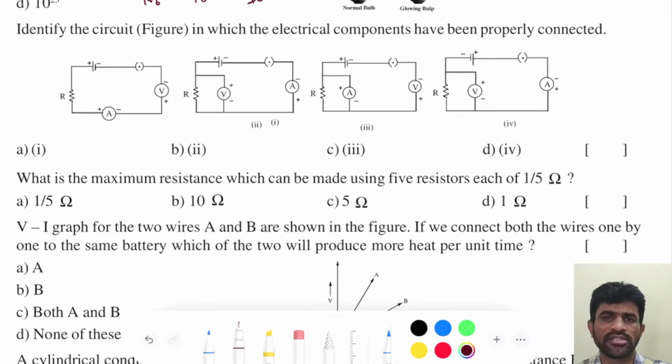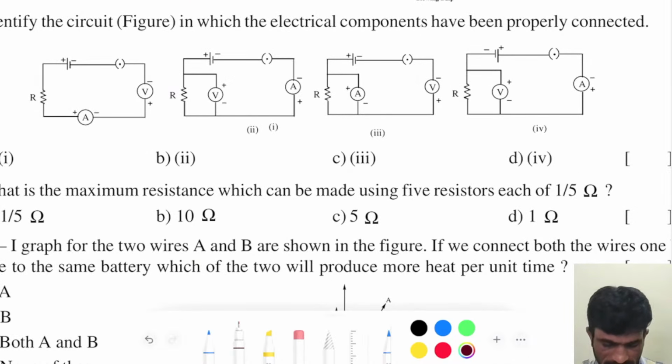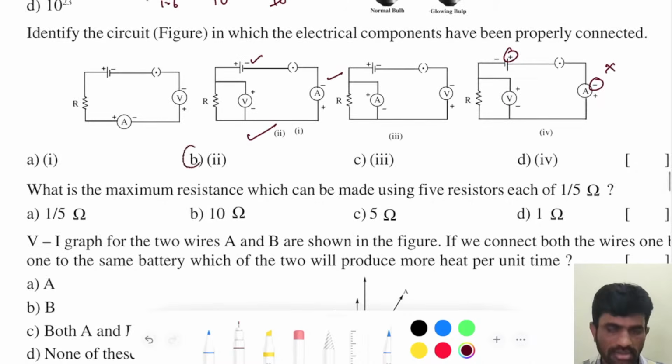In the last case also, the ammeter is connected in series and the voltmeter is connected in parallel, but we have to see the symbols also there. We have to consider those symbols also. These two should be taken like this, here minus and here also minus. So this is the only correct option. Here it is plus, here minus. In these options, the charge terminal should not be connected like this. So option 2 is correct in this. Option B is correct. Now coming to the next question.